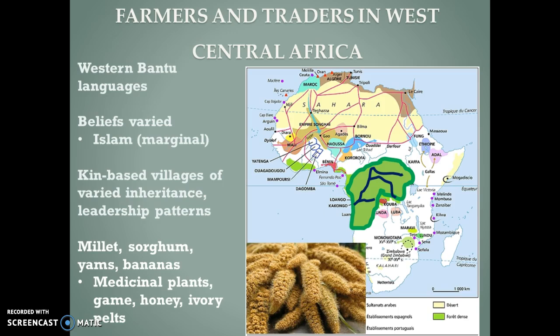Some forested areas were and remain too wet for crops, but they still offered things like wild game, medicinal plants, and so on. Pygmy forest dwellers, for example, would trade honey and ivory and animal pelts to the farming folk who were neighboring on the forest, and in exchange for their honey, ivory, and furs, they would receive iron points